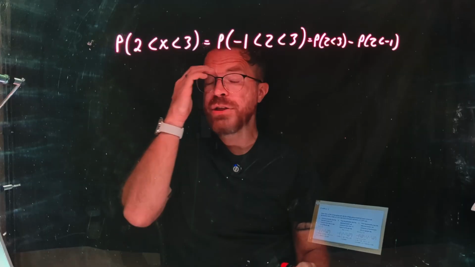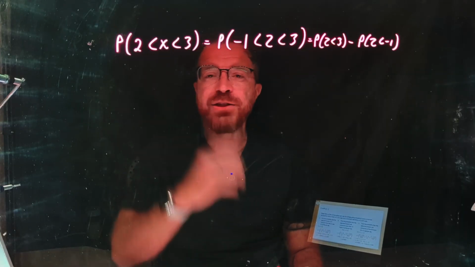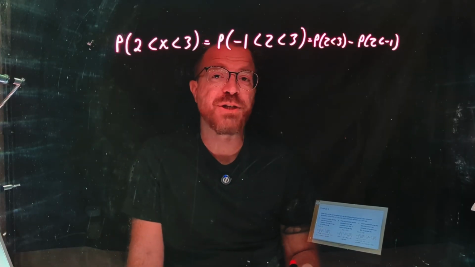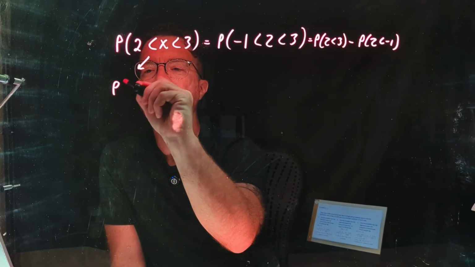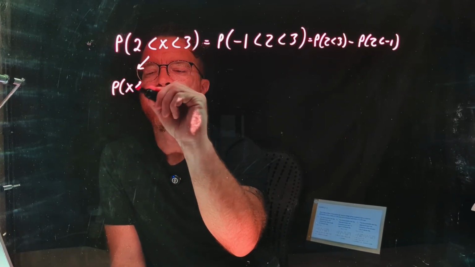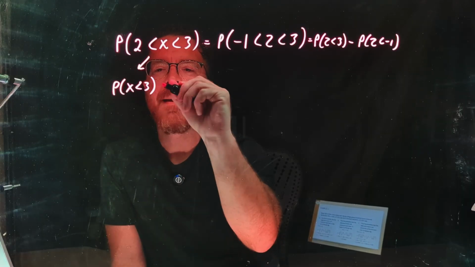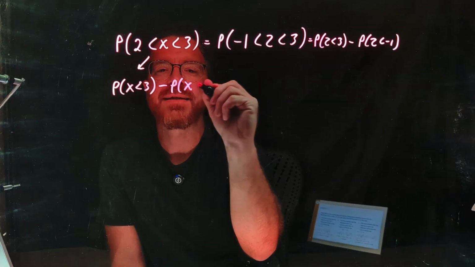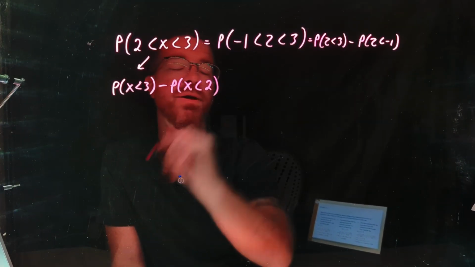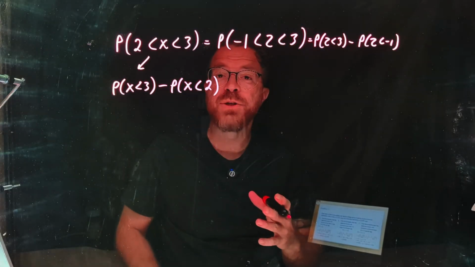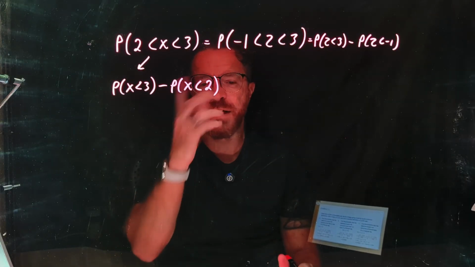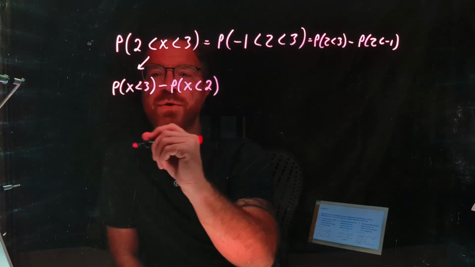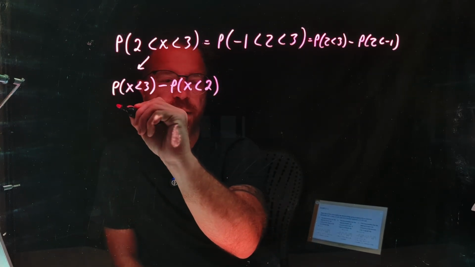You can actually do the split when it's in terms of x as well for your normal distribution. So we can still split it the same way, where this would be the probability of x is less than the bigger number 3 minus the probability that x is less than the smaller number 2. And then here what you would do is you would do your z transformation from there, focusing just on the individual pieces. So this first one would have been probability